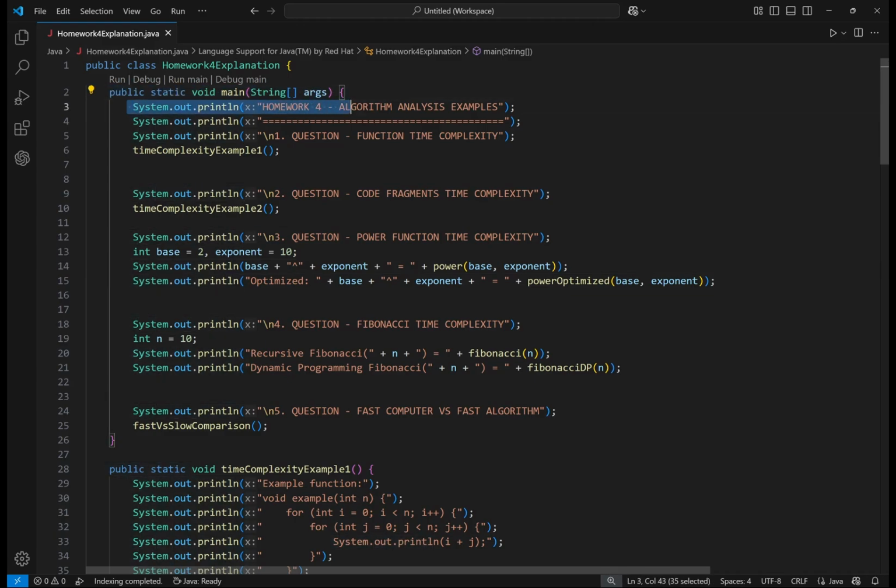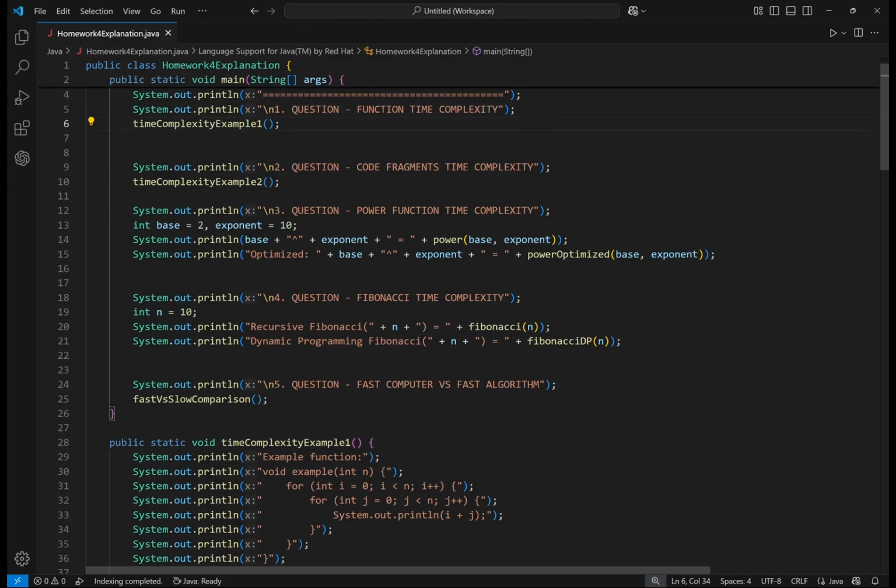System.out.println to print the header "Homework for Algorithm Analysis Examples," along with separator lines to introduce the overall purpose and context of the program. Then I print a new line followed by question one, function time complexity, and call the